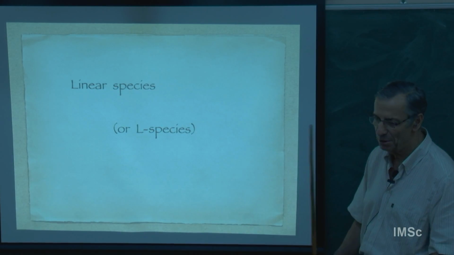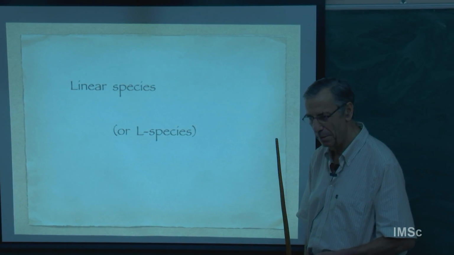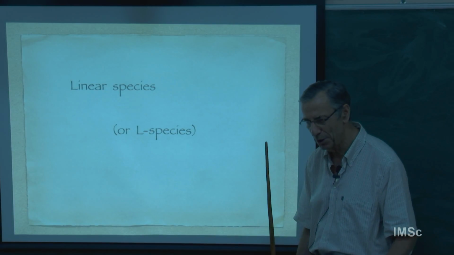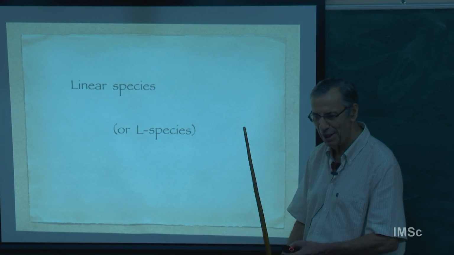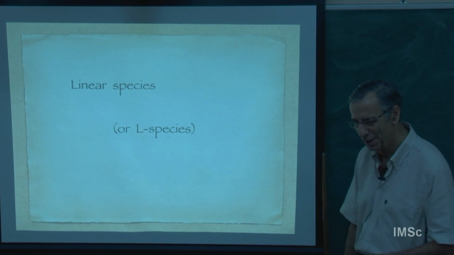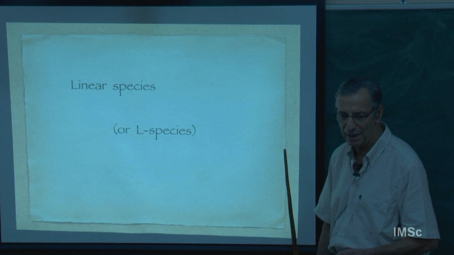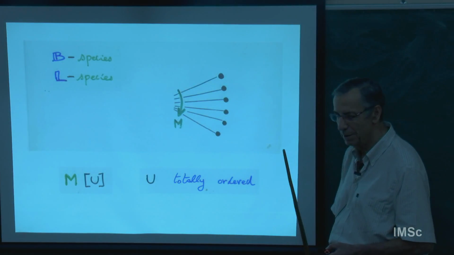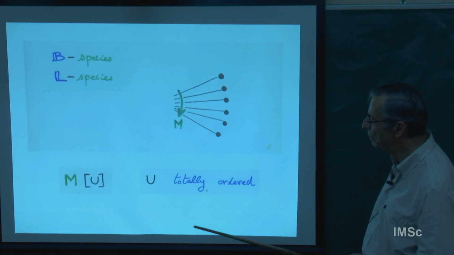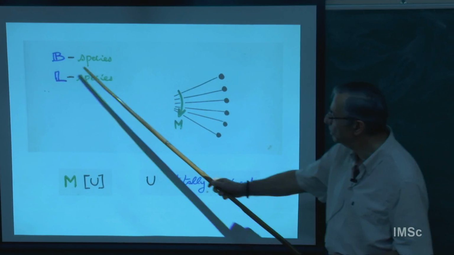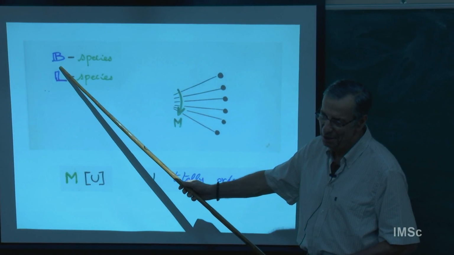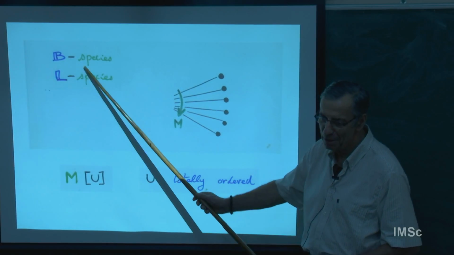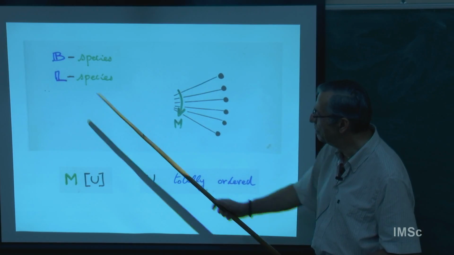That's the previous structure, B species. In B species, the total order and permutation were not isomorphic. Now we have no problem. Everybody having the same generating function will be isomorphic as a linear species. So linear means there is a total order behind the species. So the definition of L species. I have put B species for the previous species, the set. They call this B species in Quebec, and L species for linear order.